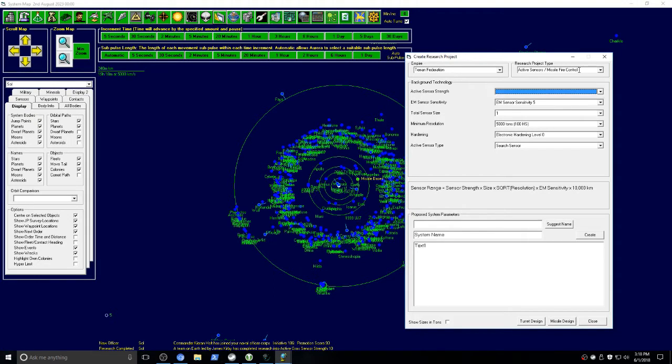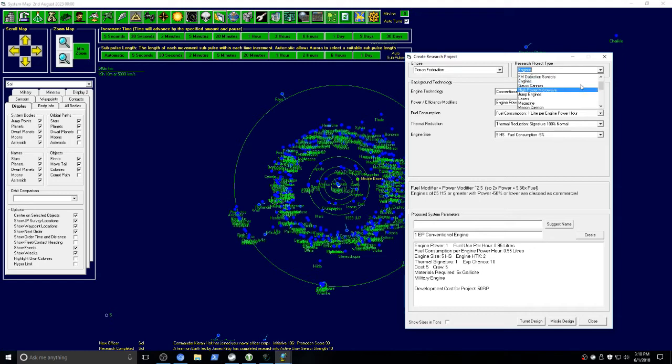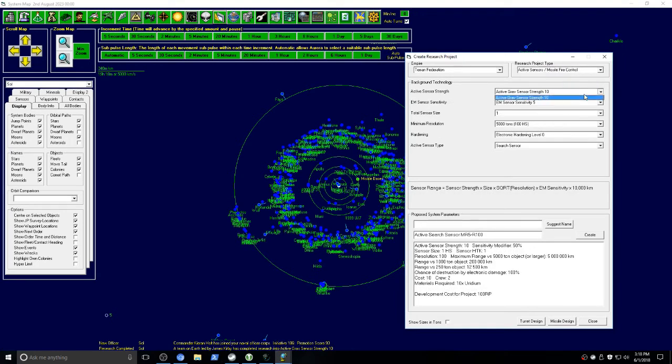Oh wait, no, this was just already open. Hold on a second. Let's go back to that. Yes. Okay. So active grav sensor strength 10. We can make it have EM sensor sensitivity 5. I was about to say we're going to make it a 2.5 to fit with our others, but that actually doesn't make much sense. I think 5, and its minimum resolution, this should be... Oh, wow. Oh, we can make that for...